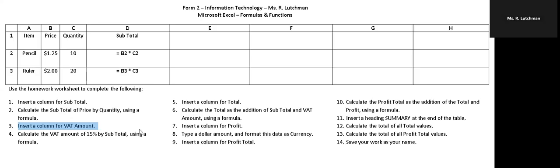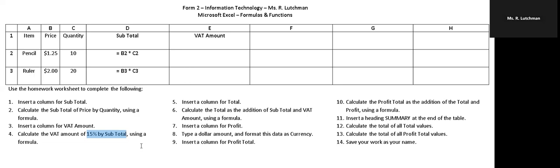Question 3. Insert a column for VAT amount. All right, let's go here. VAT amount. Right, number 3 done. Number 4. Calculate the VAT amount of 15% by subtotal using a formula. Now, we see that word by again. So that means we have to calculate. What are we calculating? So first of all, we are calculating the VAT amount. So I need to click under E2. E2 is going to have my answer. All right. What's my formula? Let's see. 15% by